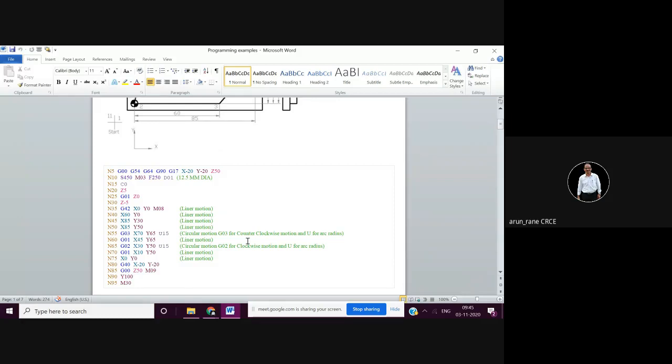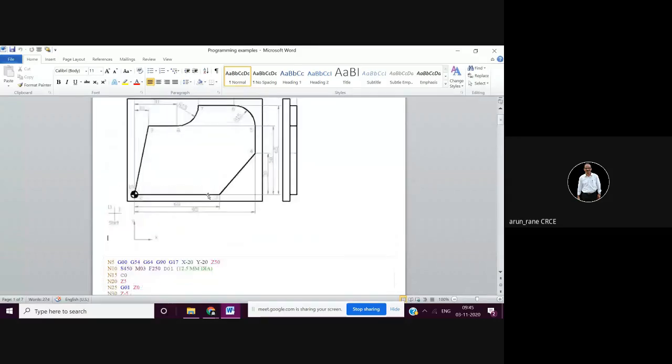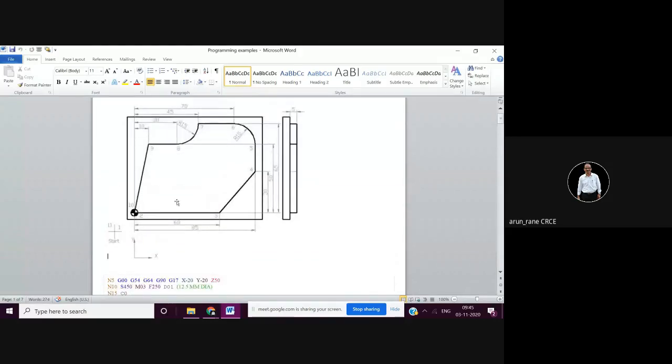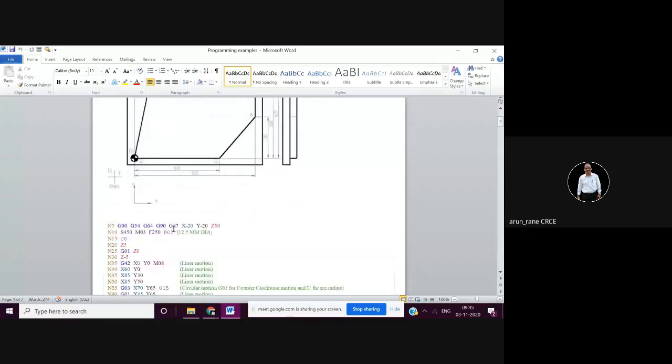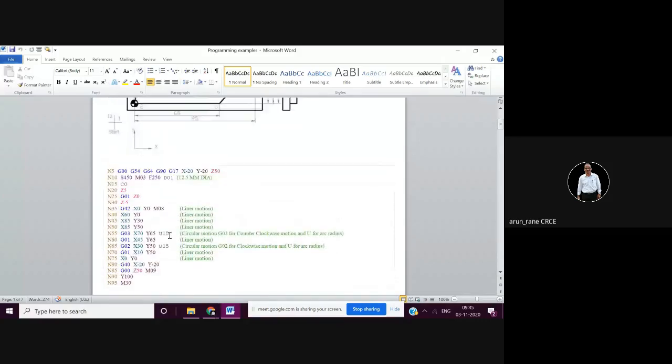I won't be able to. So that's why I was telling you to draw this figure. Mostly you have drawn it. Now you try to write this program, or try to understand this program, and correlate it with your diagram. Some comments are also given here.